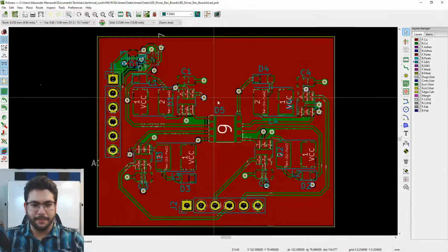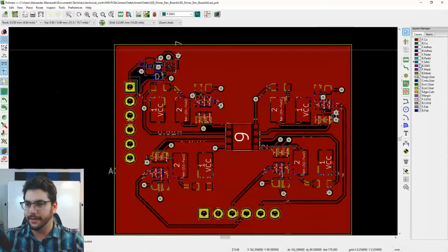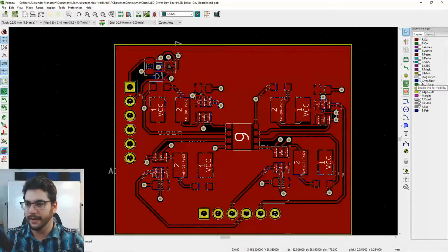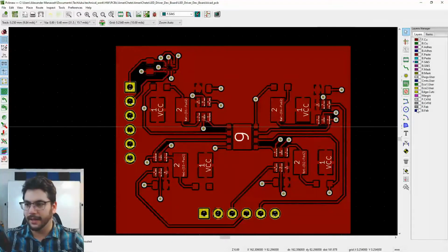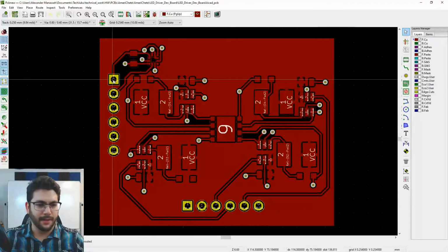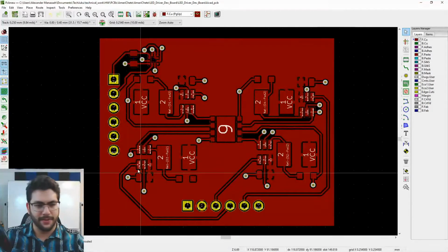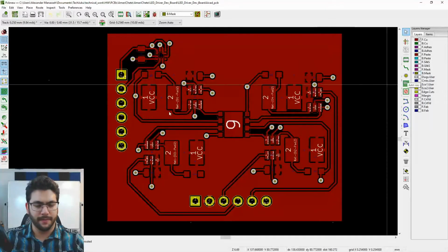Now here's the circuit board. You can see here, I'm going to go ahead and just make all these layers invisible except for the ones I want to talk about. There's probably a faster way to do this. Okay, so only... Huh, that's weird. I don't know if that's the drill layer or what. What layer is that? Huh. Well, anyways,